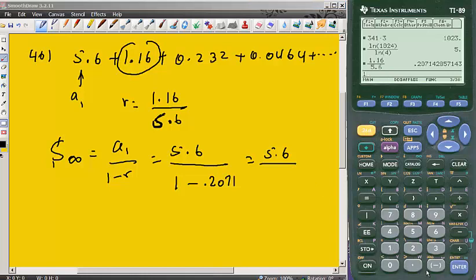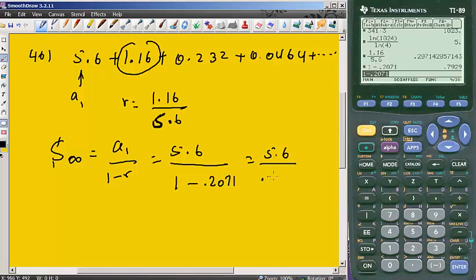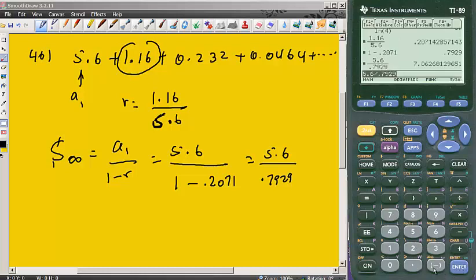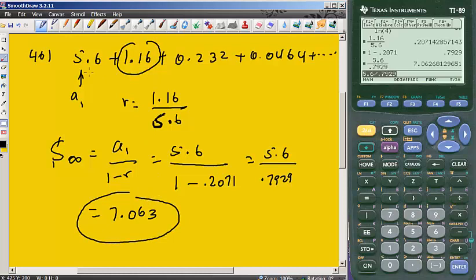Alright, so I have 5.6 on the top. I have a 1 minus 0.2071, and at the bottom I get 0.7929. So when we divide 5.6 by 0.7929, we're going to end up getting 7.063. There it is. If you were to add all these up, it's going to get very